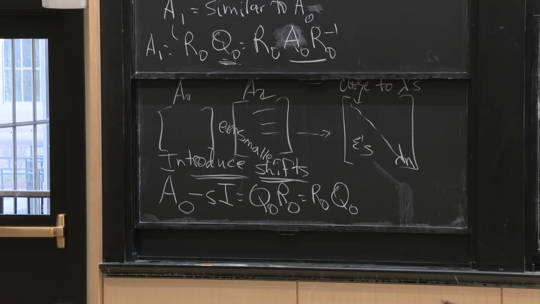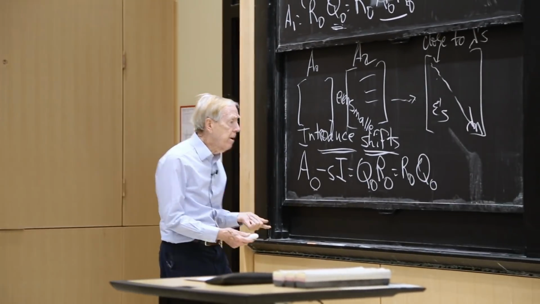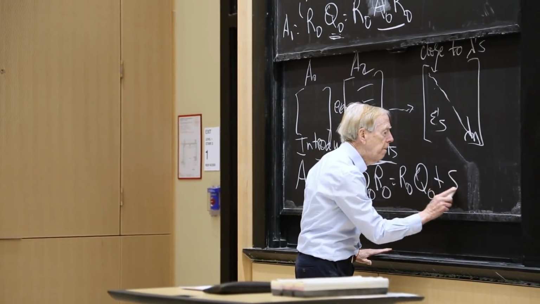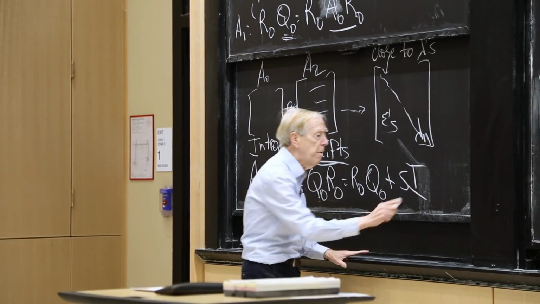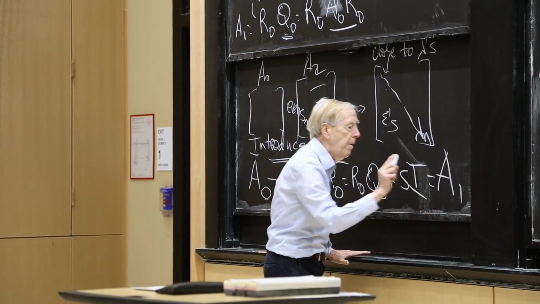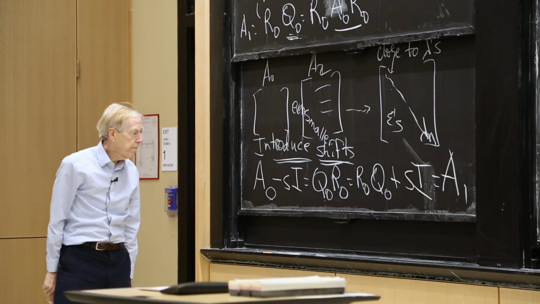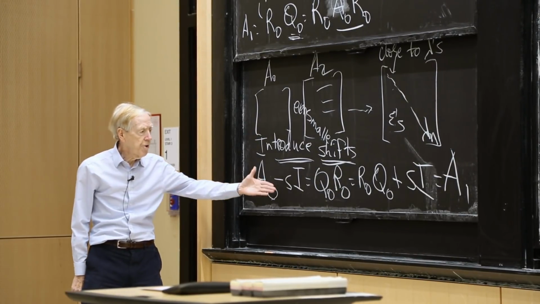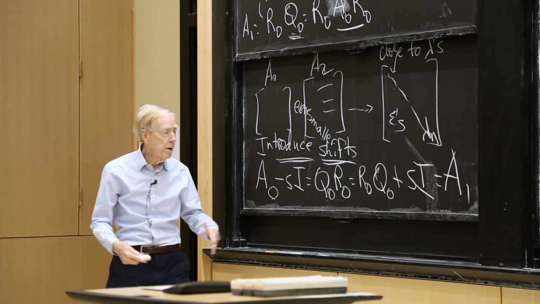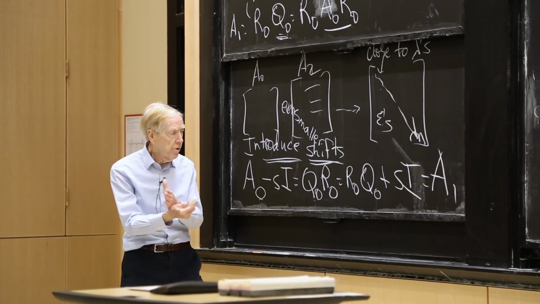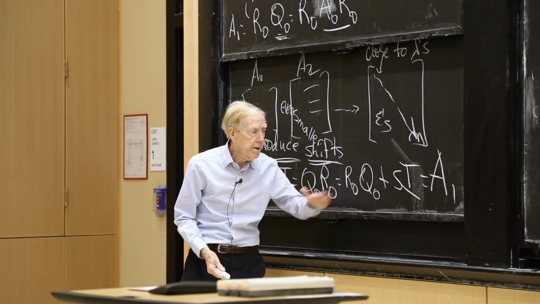Now let's see. You may have to help me to remember what I should do here. So I factor those. I reverse those. And then I think I add back the shift. And that's my A1. So I took A0, I shifted it, I worked with it, QR, reversed the order, RQ, added back the shift